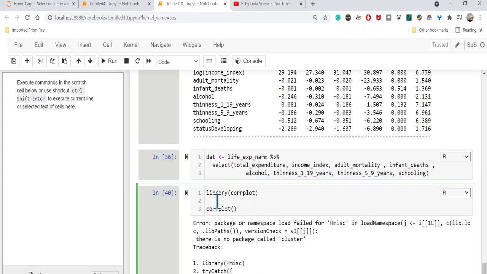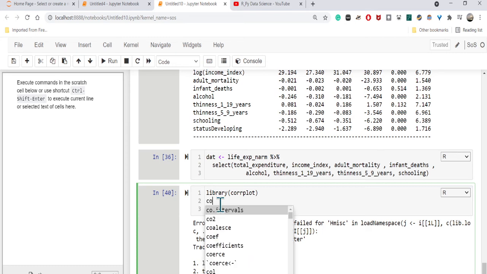So let me create a correlation matrix for the whole data set. Then once I have that, I can plot them. To do that, I think I need to create the